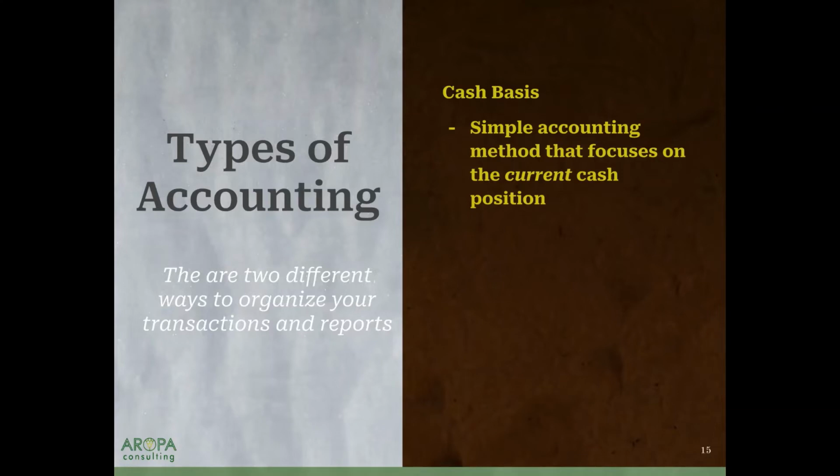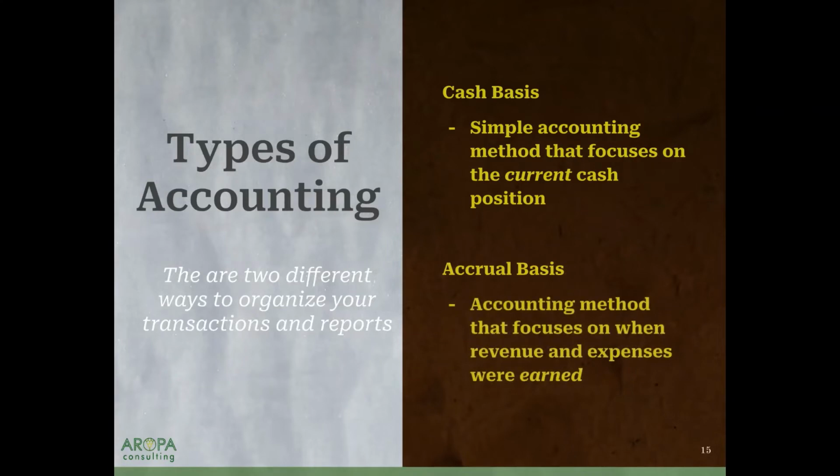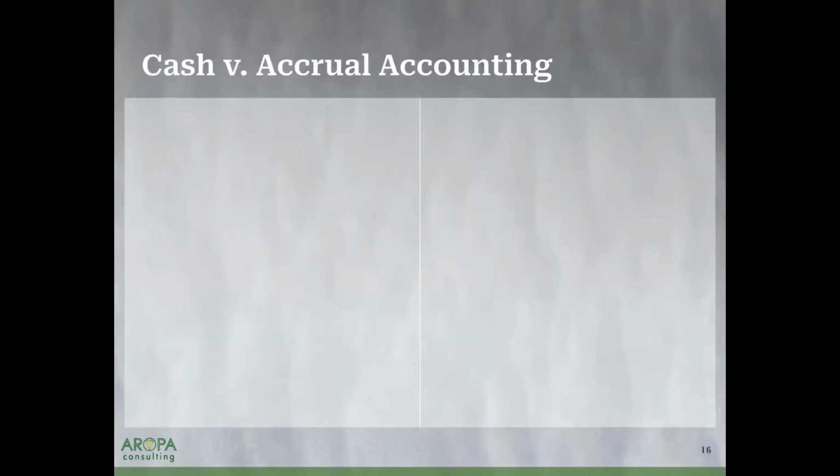And then the converse of that, or the opposite, is accrual. So accrual is GAAP, and it's an accounting method that focuses on when revenue and expenses are earned or incurred, but maybe money hasn't changed hands yet, right? So someone has promised they're going to pay me in a month. I consider that on my books as an asset because they owe me the money. And so let's talk about some of the differences between cash versus accrual and why you might want to do one or the other.